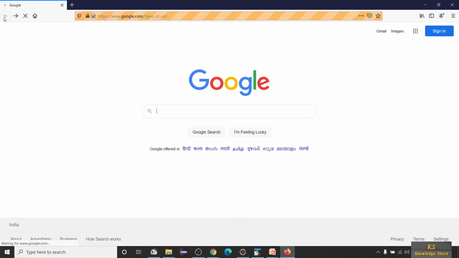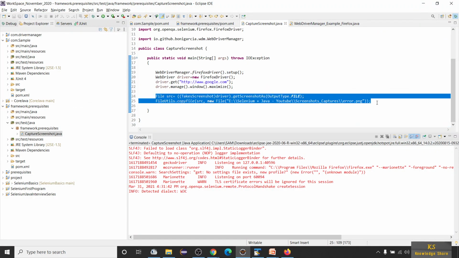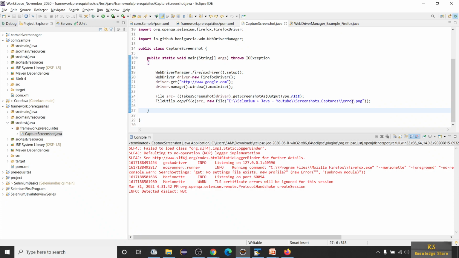So in order to do that, we cannot always keep on writing these two lines of code, right? You always have to change the name here. For opening the page, you have to write home page.png, and after typing something you have to write type.png. Once the results are displayed, then you have to write results.png. This will be a very tedious task for us always to write, right?